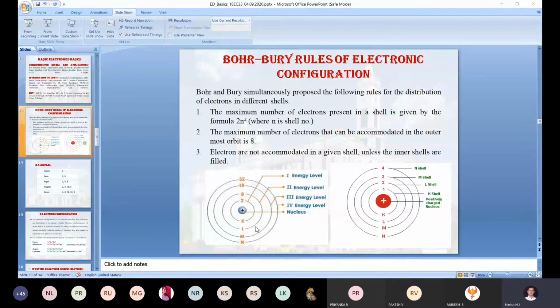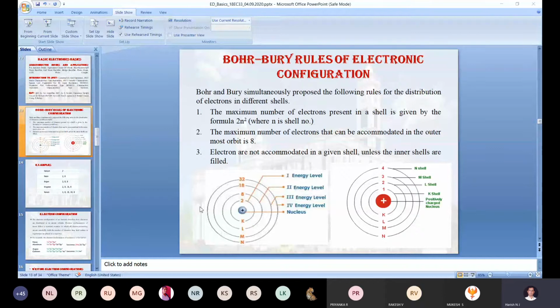The second orbit we can call the L shell. The third orbit we can call the M shell. The outermost shell we can call the N shell, or simply K shell, L shell, M shell, and N shell. It is clear. Okay. So here the first point is that the electrons present in the first orbit are very closely or strongly bound to the nucleus, and the energy level is very small.